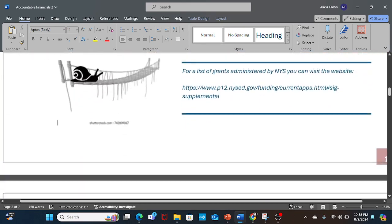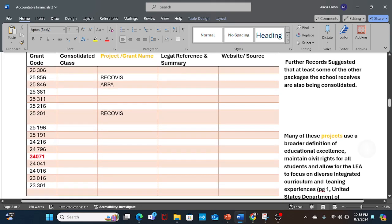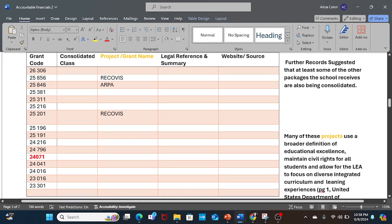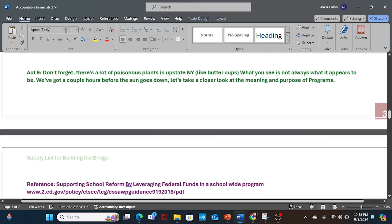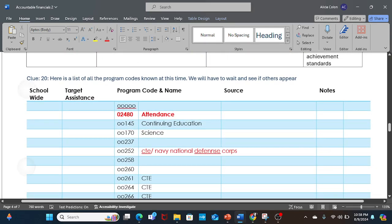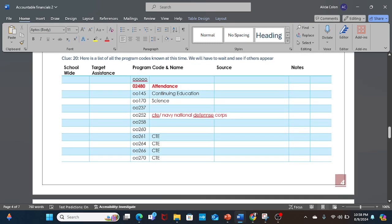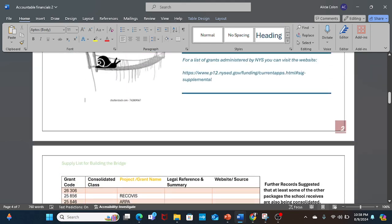Now this chart down here works the same way. It's just these packages are different. They're not title packages. And now we have a different chart. This chart is for our programs. Now, if we look back at our code,